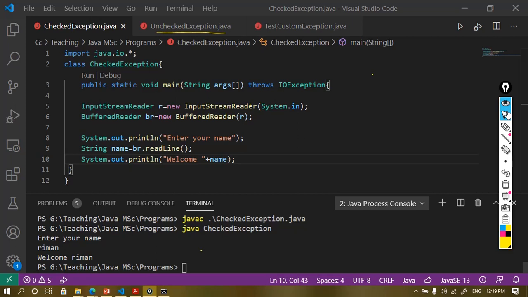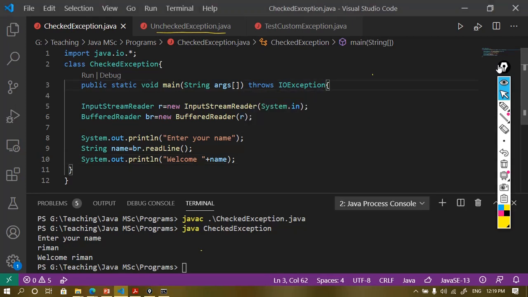We can actually throw multiple exceptions here as well. So suppose this is the IOException that you have actually seen here. Suppose we have